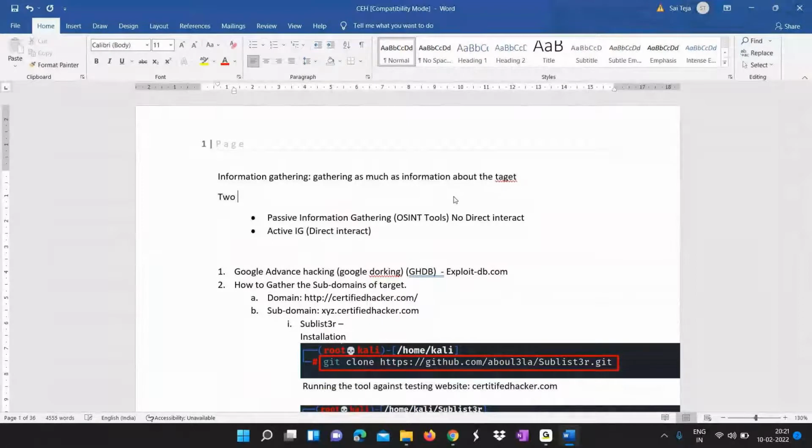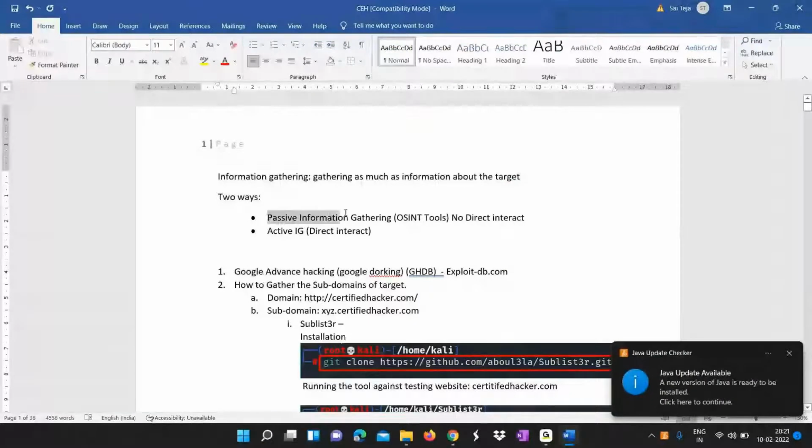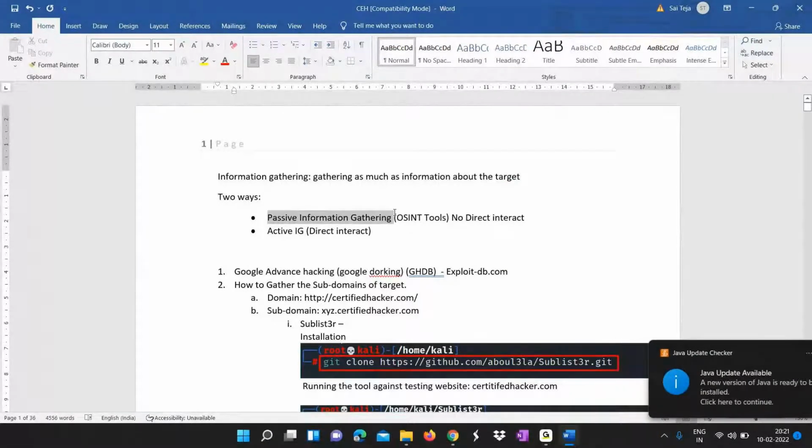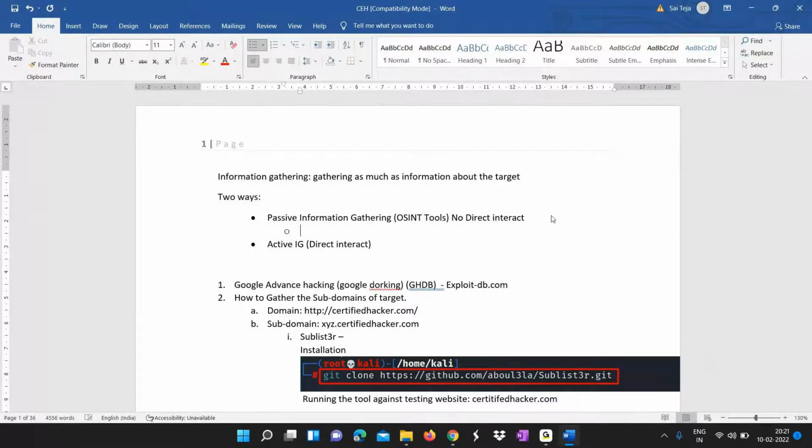Okay, two ways. The first one is passive information gathering, and the second one is active information gathering. When I say passive information gathering, it is just gathering information about the target by looking at